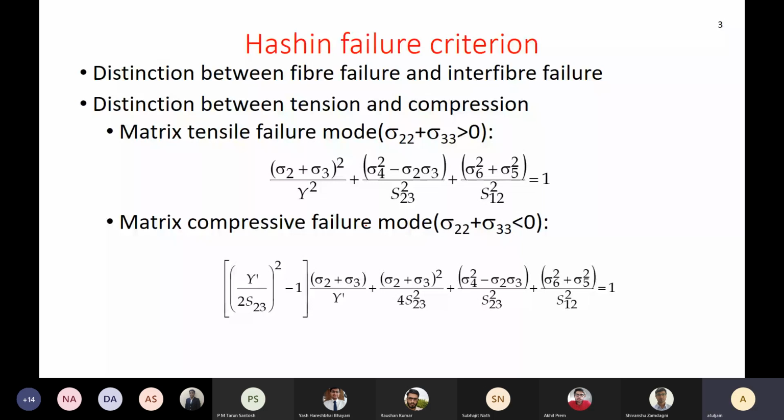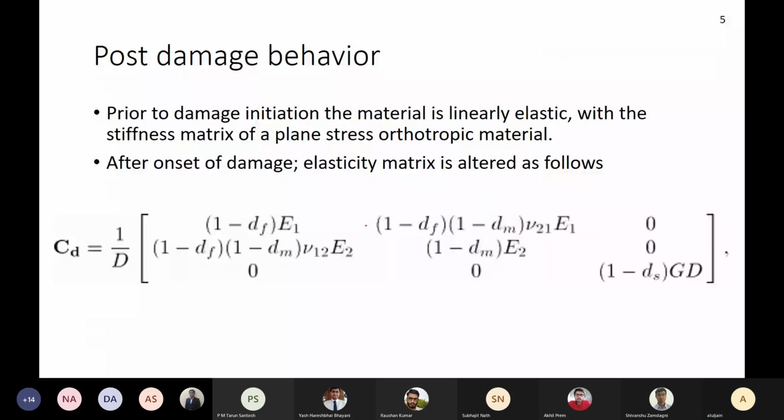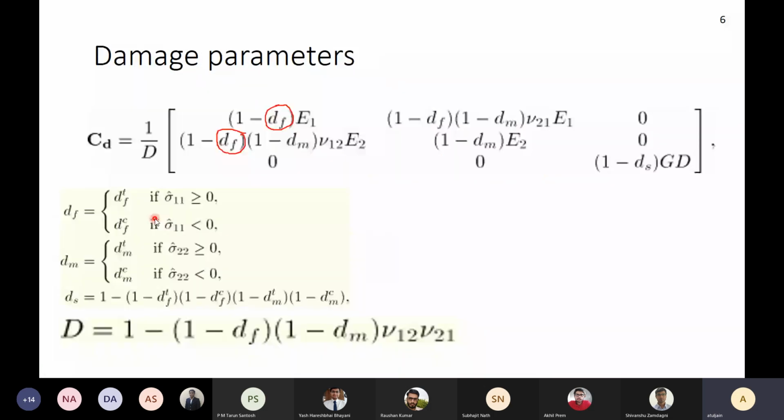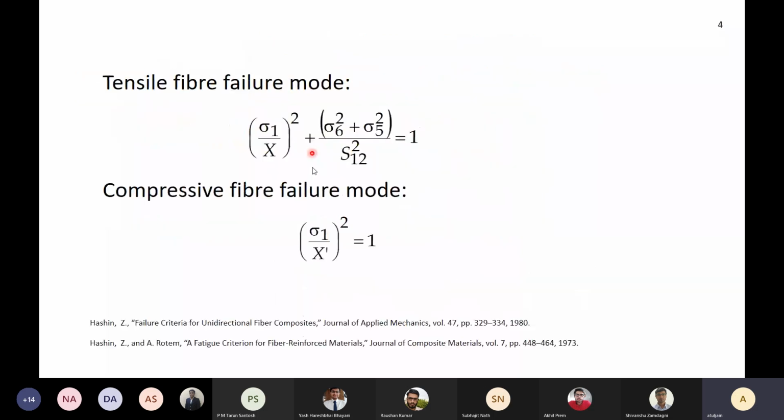Important concepts are, do you understand how this df has been calculated? Was I clear enough or not? df, dm. So df is going to happen if it is fiber failure. Remember that if either of these two conditions are satisfied, then we have to look at upgrading dm. If these two are done, then I have to think about df. Okay, and